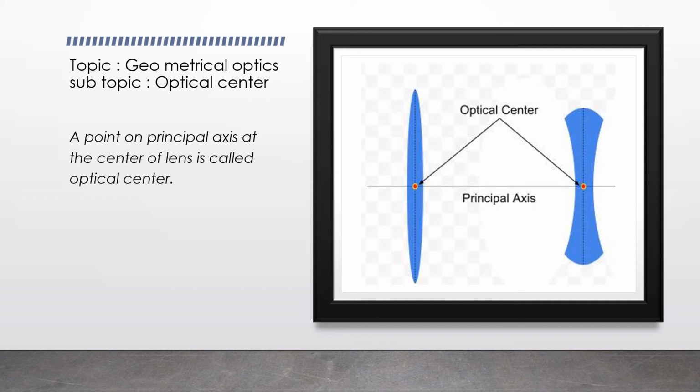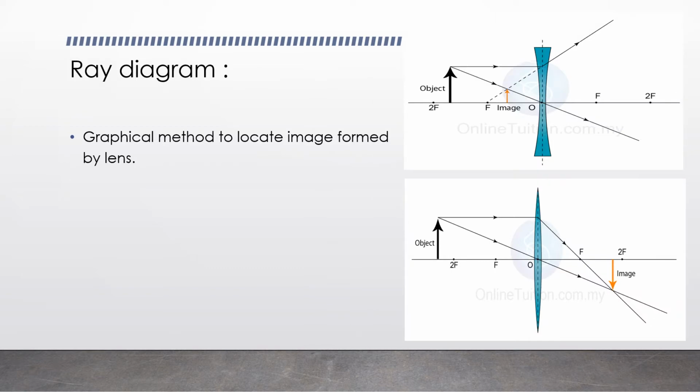Before that, we will discuss ray diagrams, or the graphical method. Students, you all know that a ray diagram is basically a graphical method of locating the image formed by a spherical lens, or any kind of lens. We have two diagrams for you, one for the concave and the other for the convex. You can see that in the concave lens, the image is formed in front of the lens.